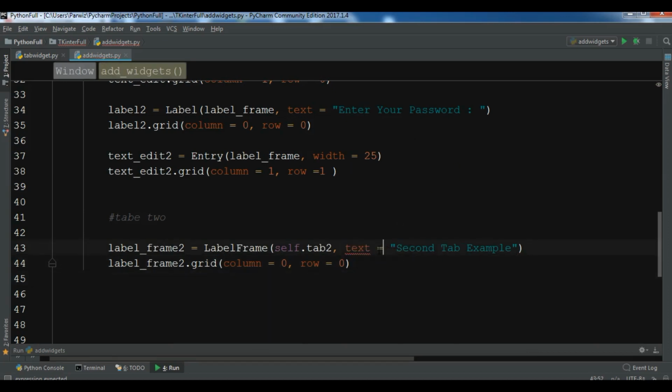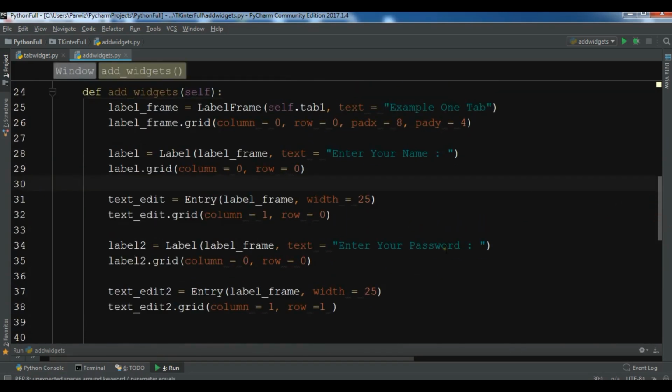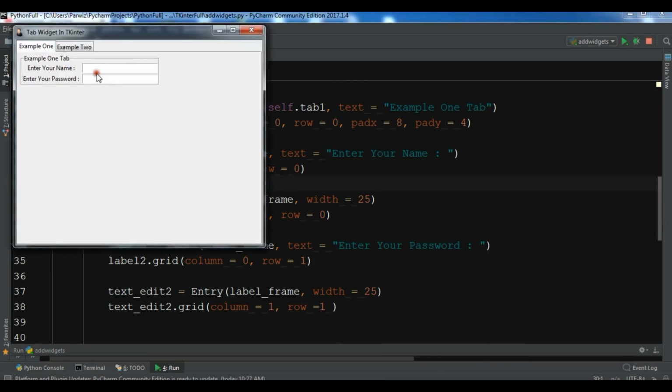Okay, so after adding grid, now we need to add some labels to this text edit. So first let me correct this, that where's the problem for this. So the problem is in our label 2, because we are adding label 1 and label 2 in the same column and row. So I need to change the row of this to 1. So now if I run this, you can see I have these items, enter your name, password, in our first